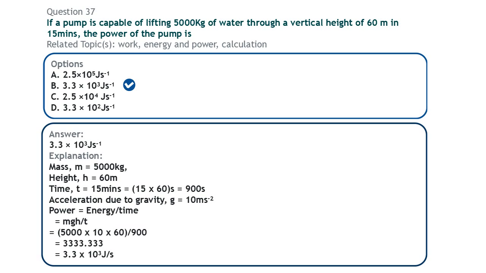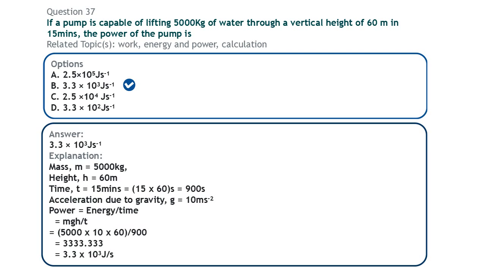Now the value of the acceleration due to gravity, g here, is approximately 10 meters per second squared. Sometimes this may be given in the question, sometimes it's not. If it is not given, you can take it to be 10, and sometimes we use the value 9.8 for it. Substituting these values into the formula, we now have mass 5,000 times g, which is 10, times the height, which is 60, divided by 900. By the time you multiply all of this and divide by 900, you'll be getting